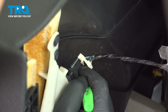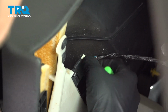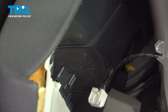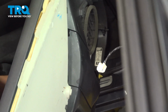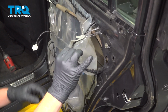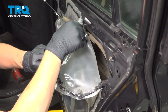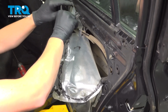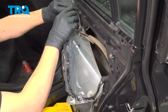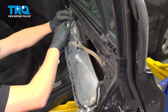Remove the window switch connector, push down on this tab, and pull out. Put the door card off to the side. We're going to pull down the plastic on the inside of the door. Try your best not to rip this. If you're having trouble, you can use a razor blade very carefully